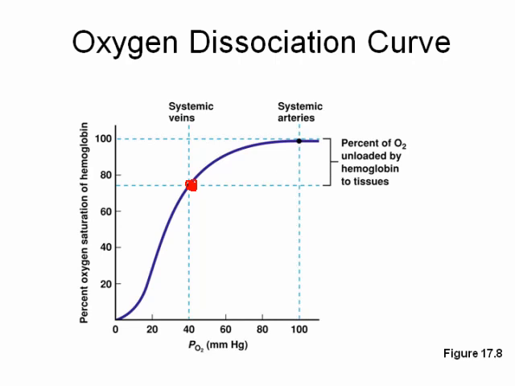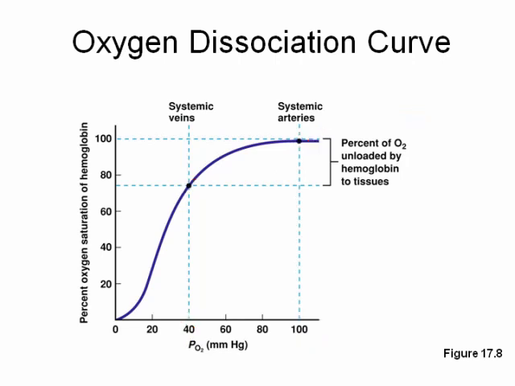So that's what we're showing here, and that is, of course, a partial pressure of about 40 millimeters of mercury for oxygen in the systemic veins. And in the systemic arteries, where the partial pressure for oxygen is about 100, we have something close to, but not quite 100%. Remember, this is about 98.5%